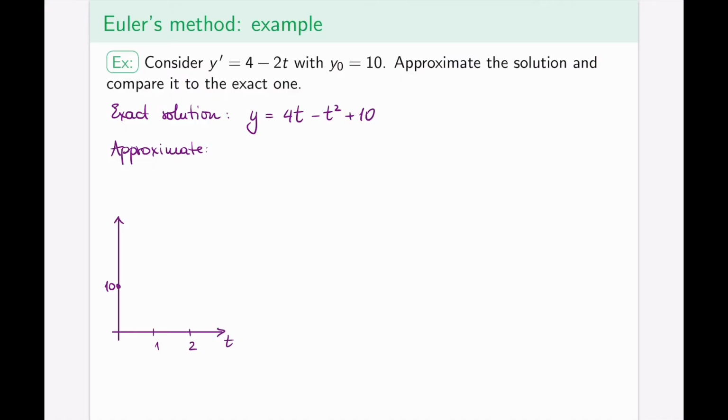So what we're going to do is, first of all, at t equals 0, calculate the slope of the actual tangent line. Y prime at t equals 0, plug in t equals 0 into our differential equation. This will go away, and y prime is going to be equal to 4. Okay, so remember that for this step, you use the differential equation. The differential equation is kind of like an oracle that tells you what the slope is without telling you what the